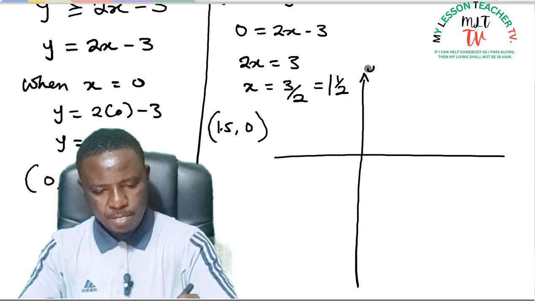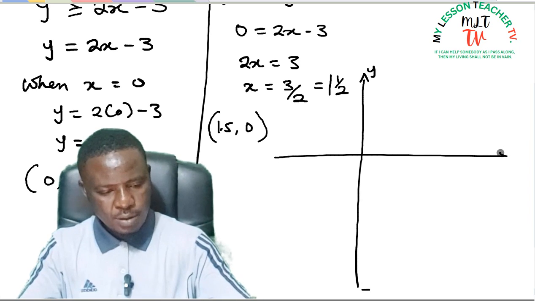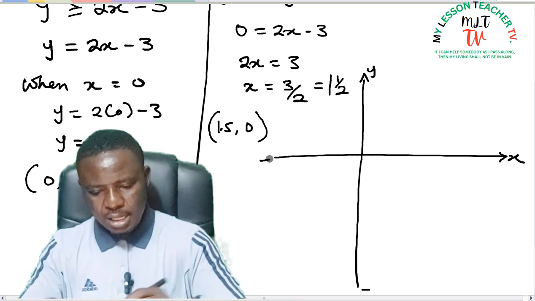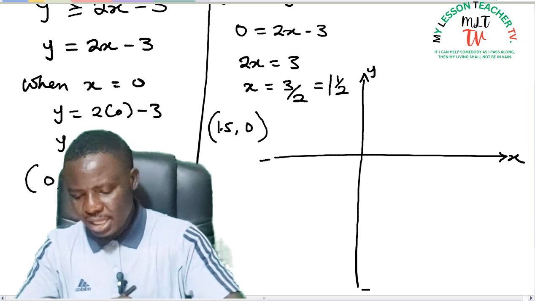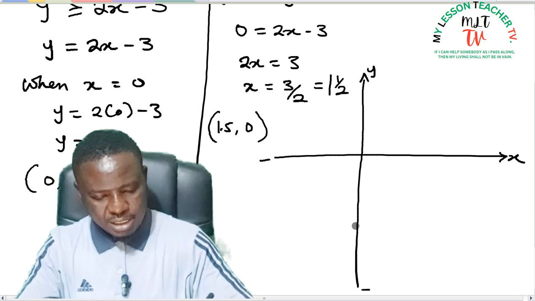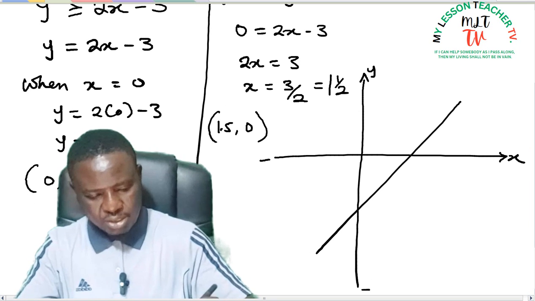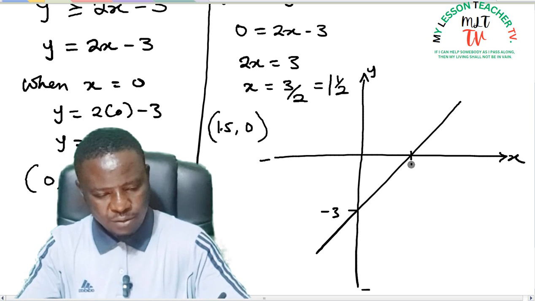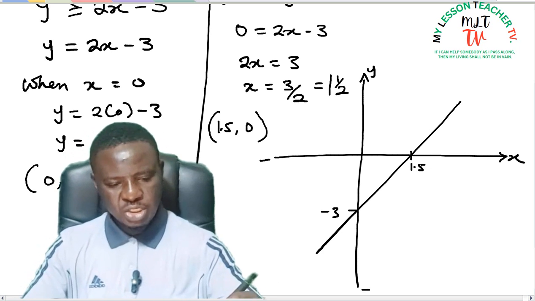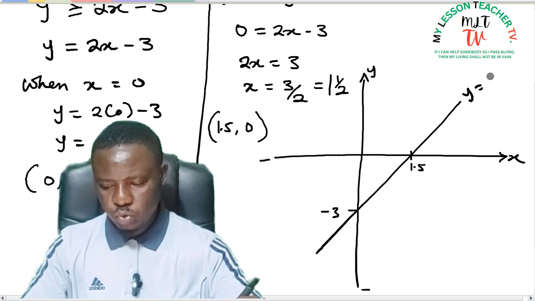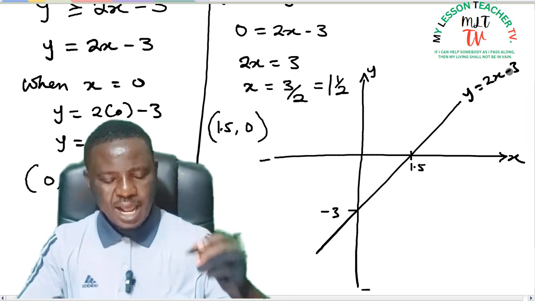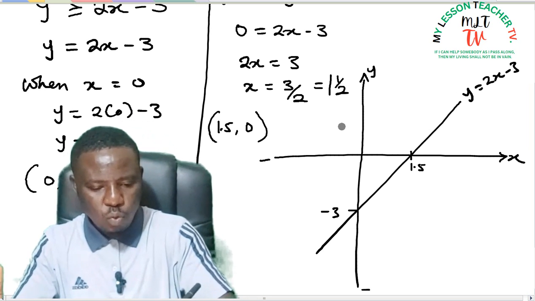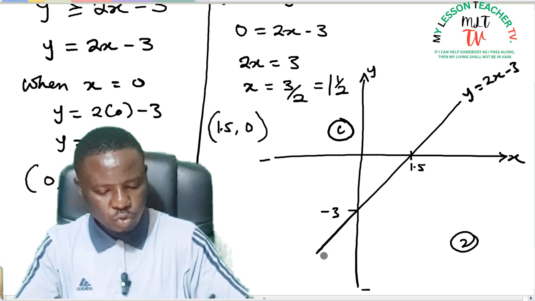Remember, this is the positive y, negative y, positive x, and negative x. So I'm going to do a sketch. Now, this is the y-intercept at minus 3. Let this be minus 3. So it's going to be something like this, where this is said to be minus 3, and this is going to be 1.5. Now, I have been able to sketch the graph of y is equal to 2x minus 3. And this graph has divided this plane into two regions. This is said to be region 1, and this is said to be region 2,